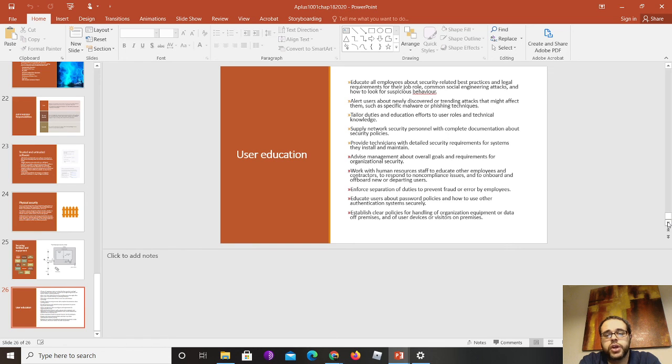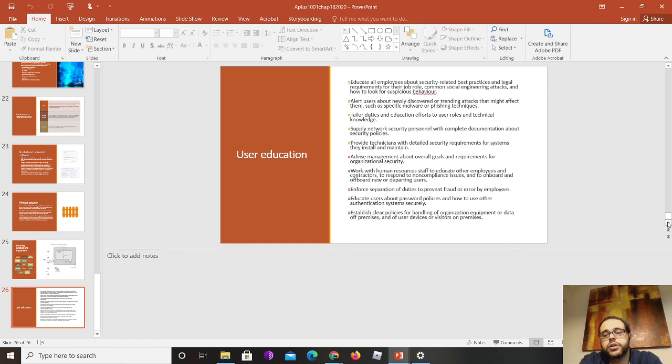So you want to make sure that your users are aware of things as they're happening. For example, you notice your organization is getting spam about this prince from Nigeria trying to get their bank account numbers. Hey, listen, we see this email going around, so that means that threat is trending in your organization. So you want to send an email out just to let people know. Because in case somebody hasn't seen that yet in their email box, when they see it, they will know, oh, okay, IT let me know about this.